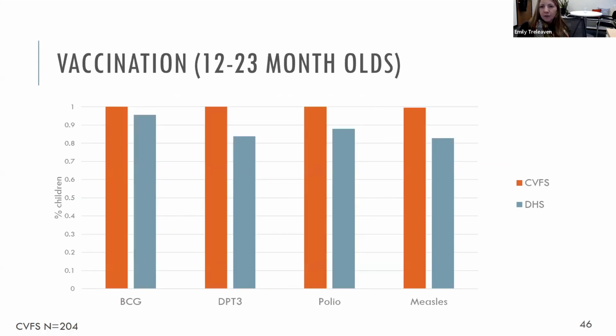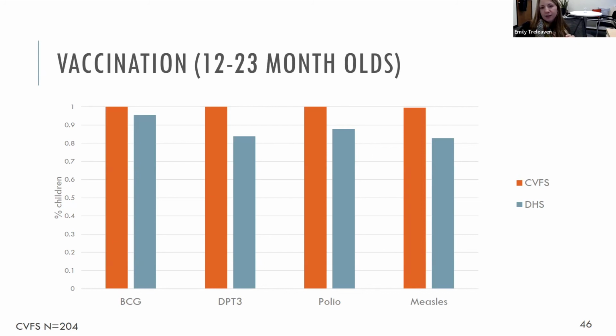Overall, vaccination coverage in Nepal is really high relative to other lower and middle income countries. Vaccination is typically measured among 12 to 23 months old, since they would be past the point of the recommended time of receipt for each of these vaccines. So we had 204 children 12 to 23 months for whom we have vaccination information. About 71% of these children had a vaccine card. So for those children, vaccination information is taken from the card. The other 29% mothers reported based on recall.